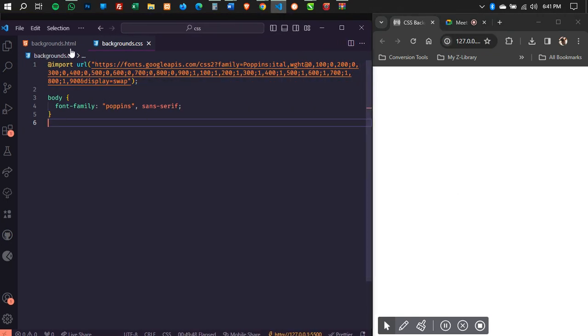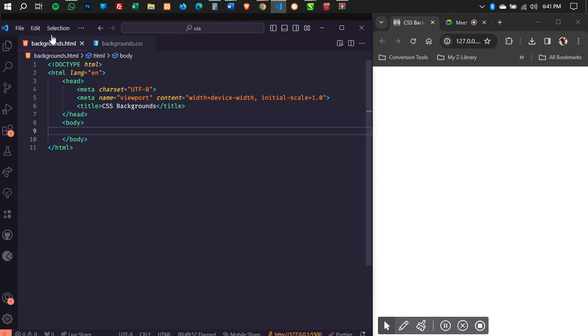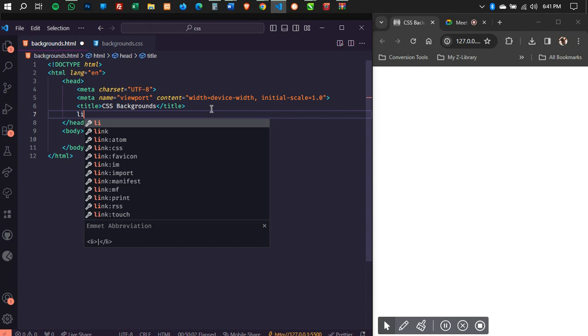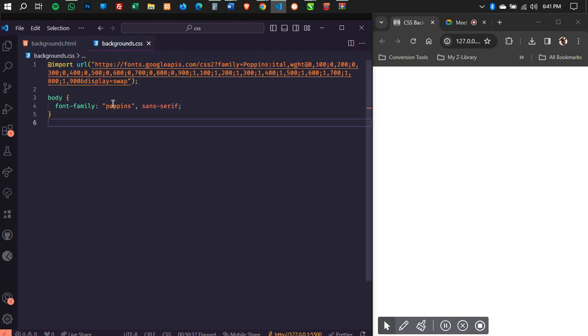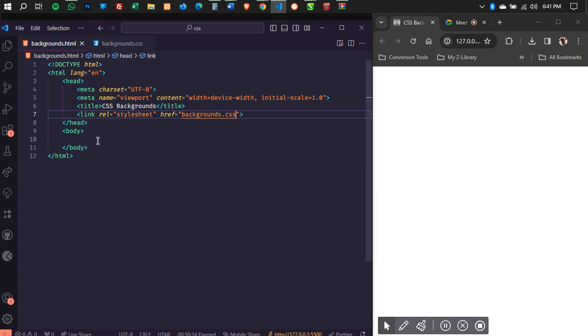But I have my Visual Studio Code open, and I have my HTML file, which is background.html. It has a title of CSS, and then let me link it to my style. So link, then background.css, so that whatever styles we are applying over here, it's going to affect our elements, right? Then